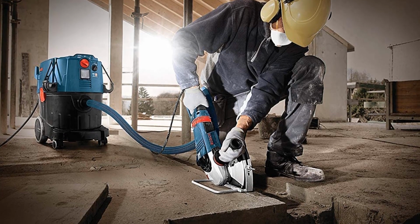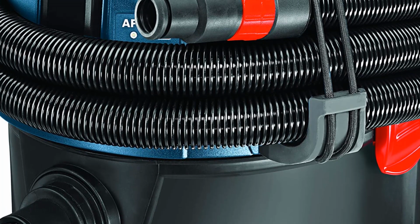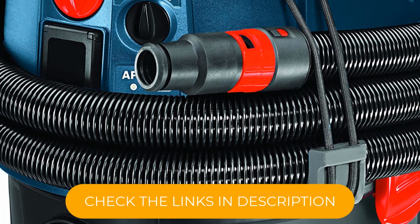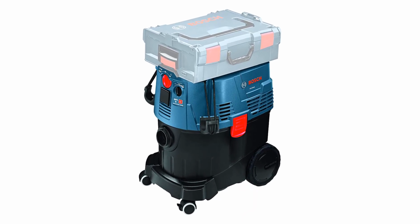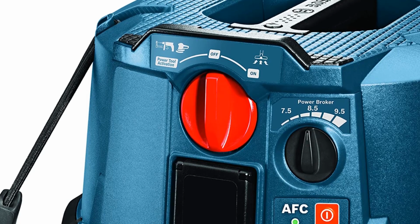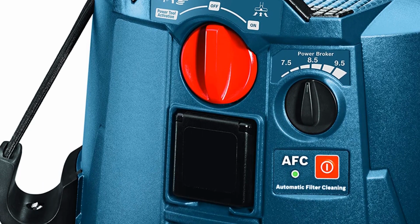This dust extractor is versatile and can be used for a variety of applications, including woodworking, construction, and renovation projects. Its compact size and caster wheels make it easy to move around the job site, and the integrated handle makes it easy to transport. Additionally, the VAC090AH features an ergonomic design with a comfortable grip and intuitive controls, making it